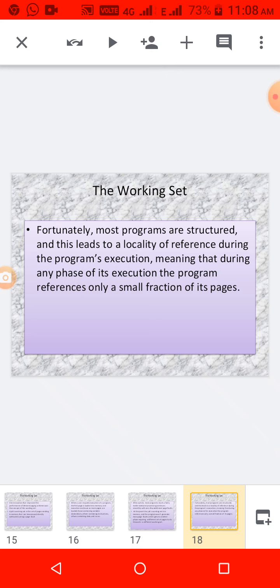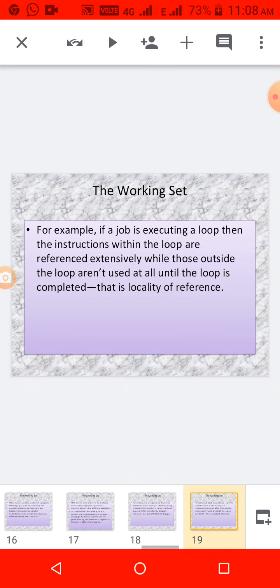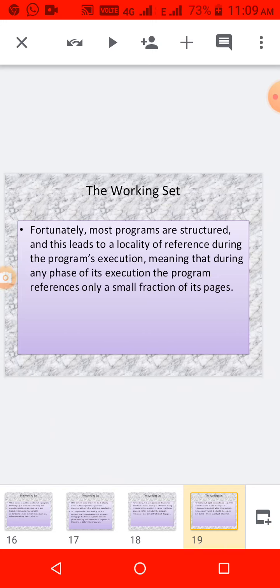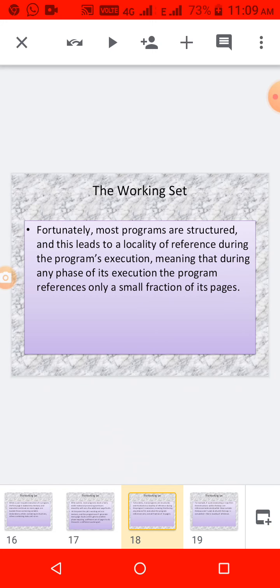One more definition you have to know about is locality of reference. What do you mean by locality of reference? When a job is executed, we will face some loop statements also, and that is called locality of reference. Most programs are structured and this leads to a locality of reference. While executing that loop, it may be executed 100 times.